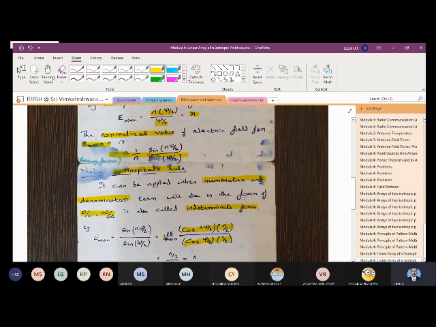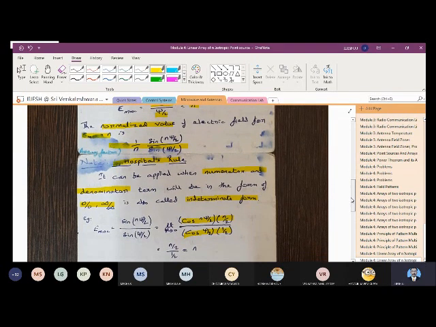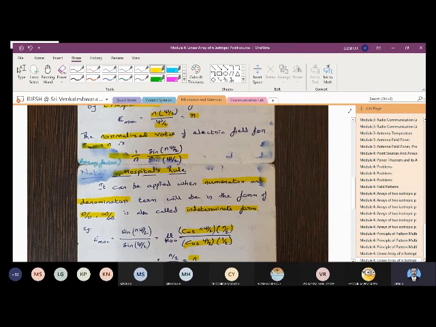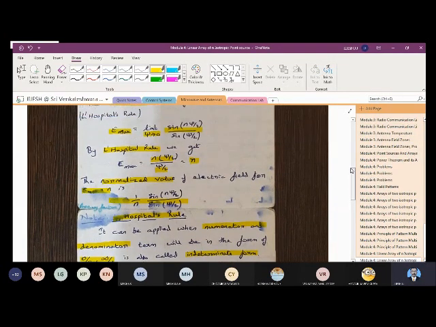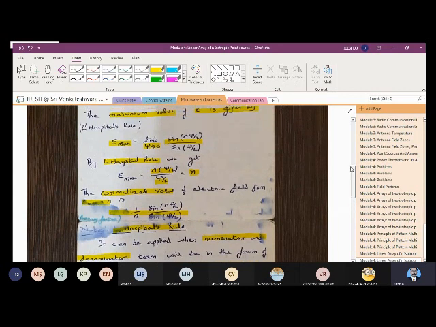Then you have to apply the limit psi is equal to 0. So you get it as n by 2 divided by 1 by 2, and finally that is the same as n. So that is the reason when we did this before, Emax was taken as n. So you can complete it in 1 minute.